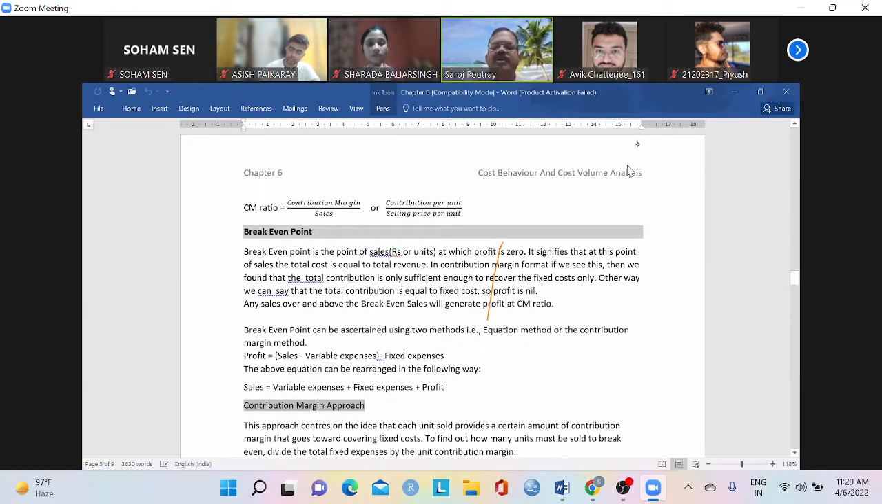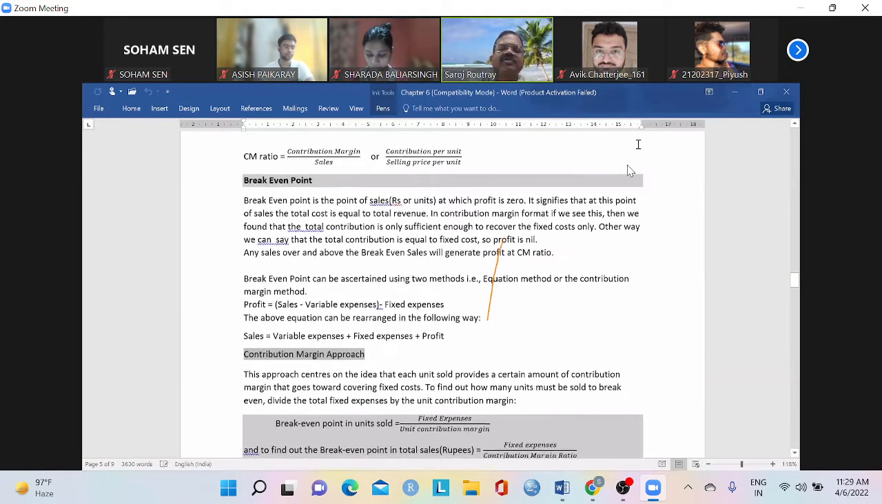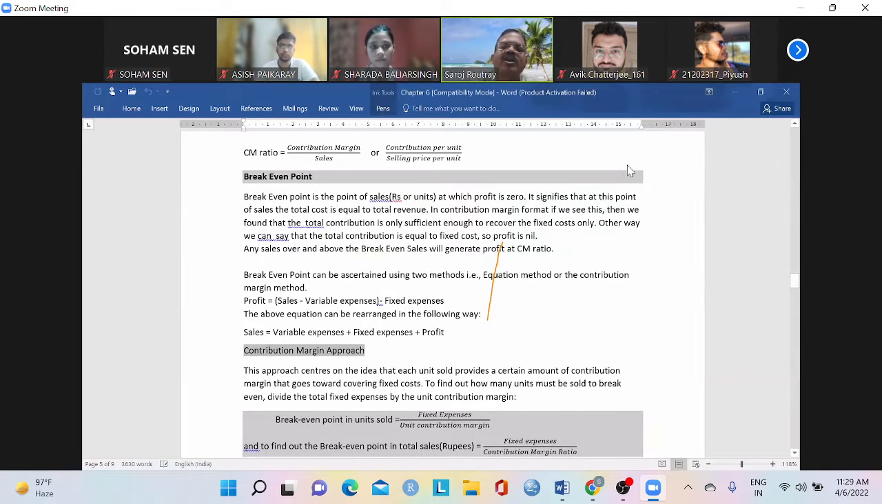Break-even point. Break-even point I already have discussed, and break-even point you can find out using formula as well as the equation. Right? What is that equation? Equation says that profit equation is basically, if you recall your standard 6 and 7, when you have learned cost and profit, that time you would have seen the basic equation is profit is equal to